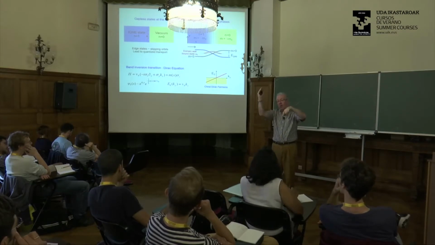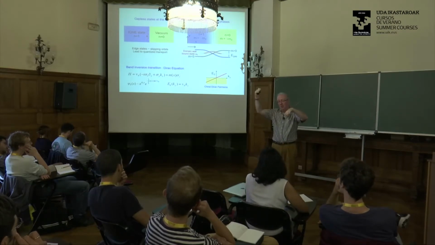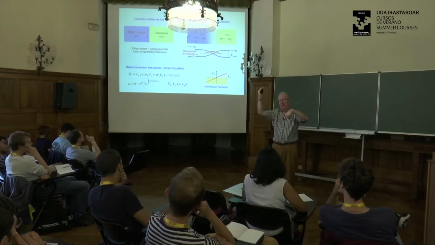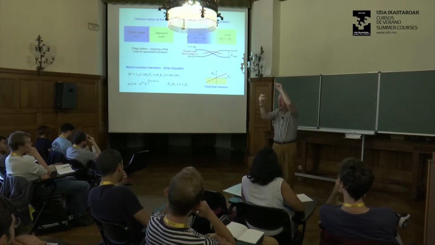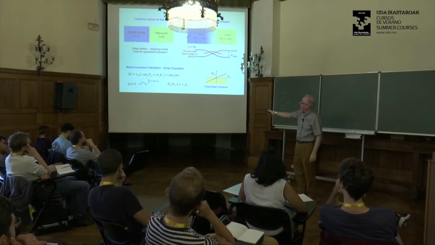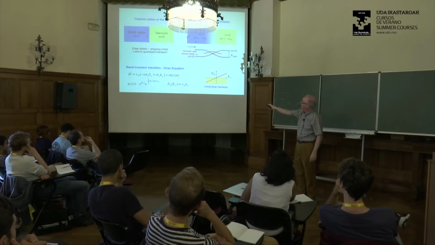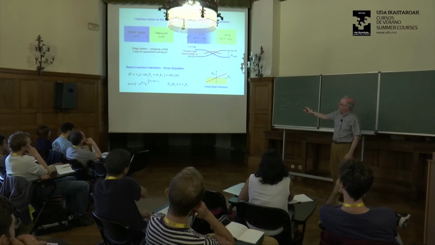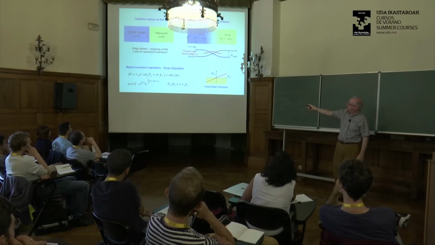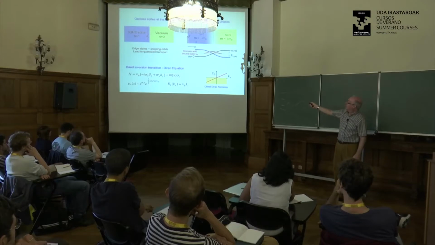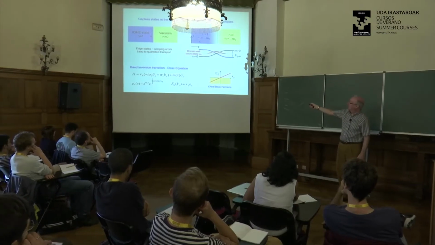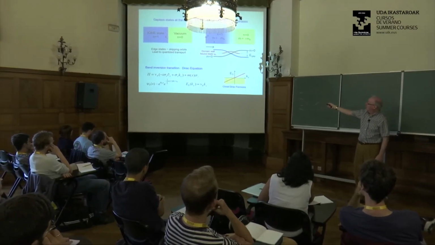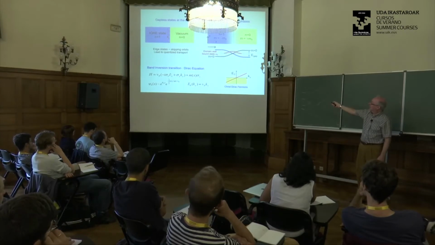If I have a wall with an insulator with vacuum on the other side, then the electrons can bounce off the wall, and that gives you this skipping motion, which only goes in one direction. Okay. Now, let's think of it though. Let's suppose that we have a transition between a Chern insulator and a trivial insulator. So the Chern insulator has an inverted mass, negative m0, and the trivial insulator has a positive mass.